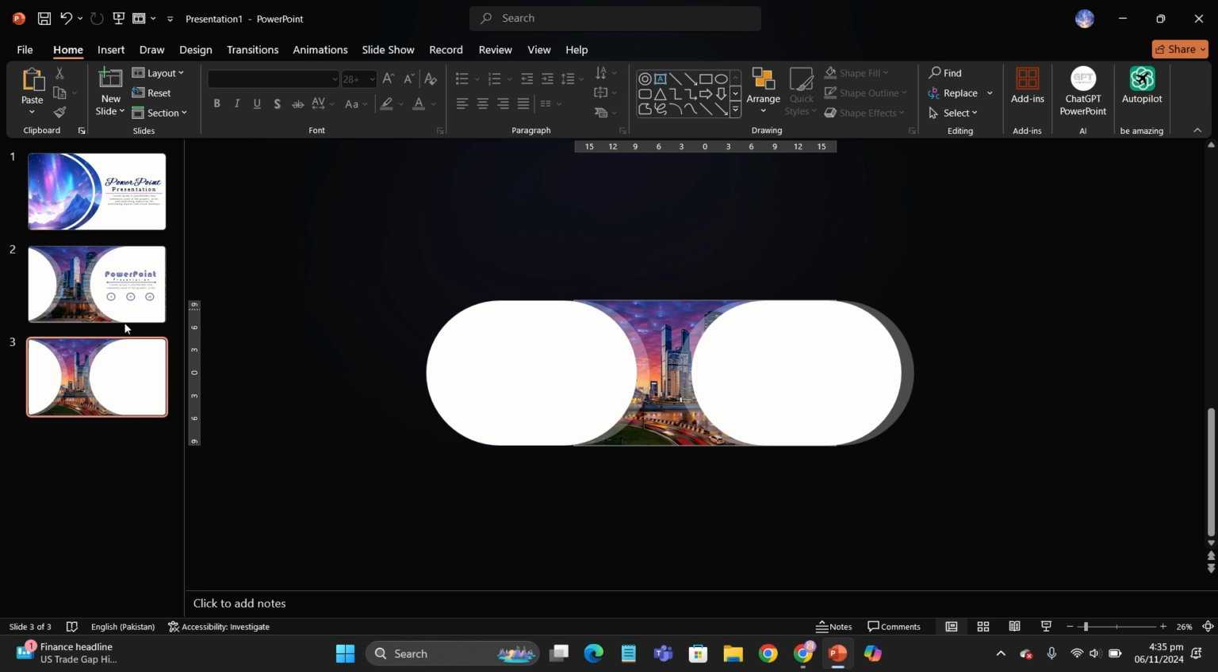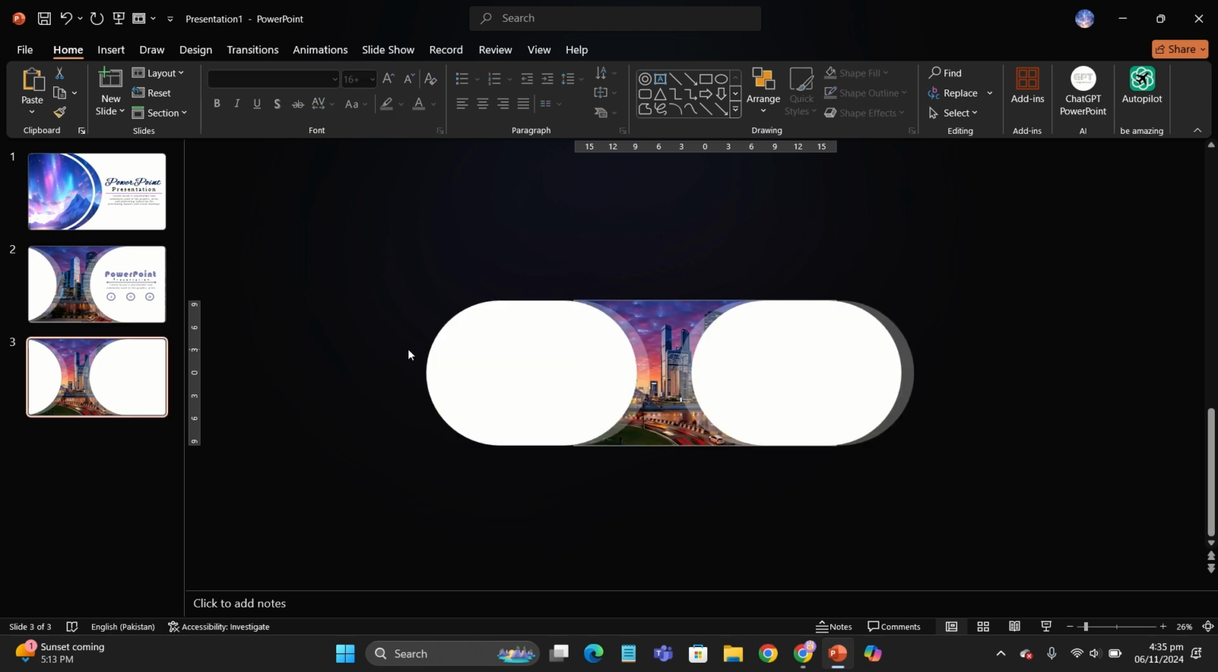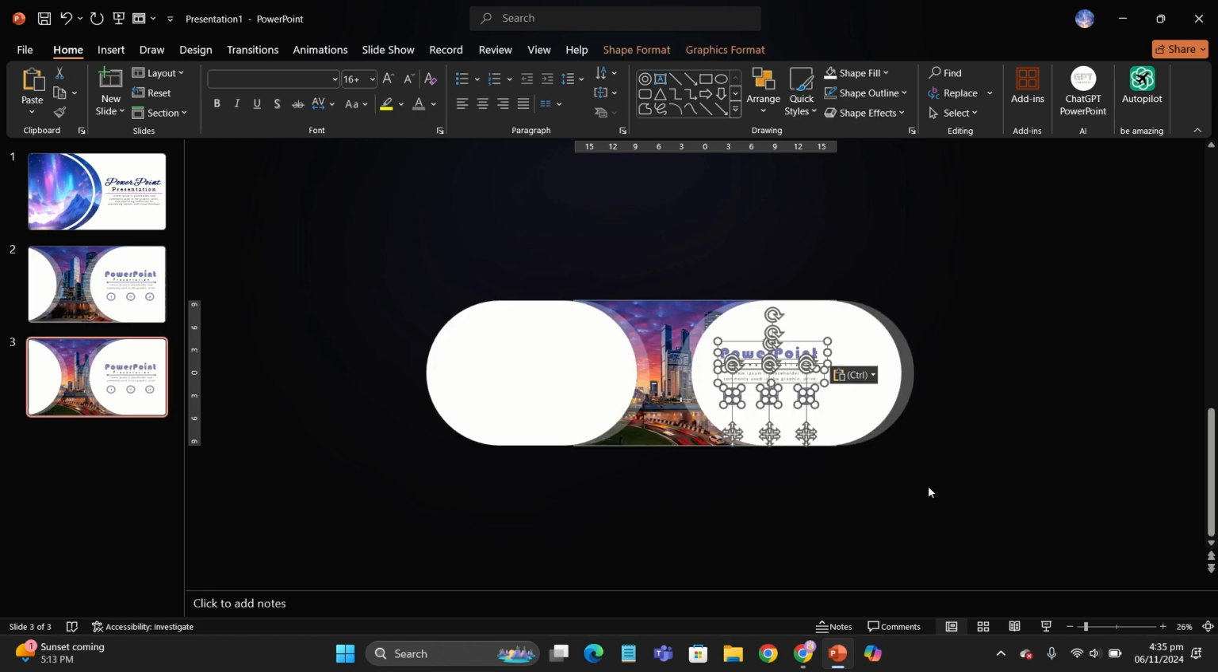The next thing I'm gonna do is go to my previously made template, and from here I'm gonna copy and paste the text because I don't really have much time to make the text, and you can download this template